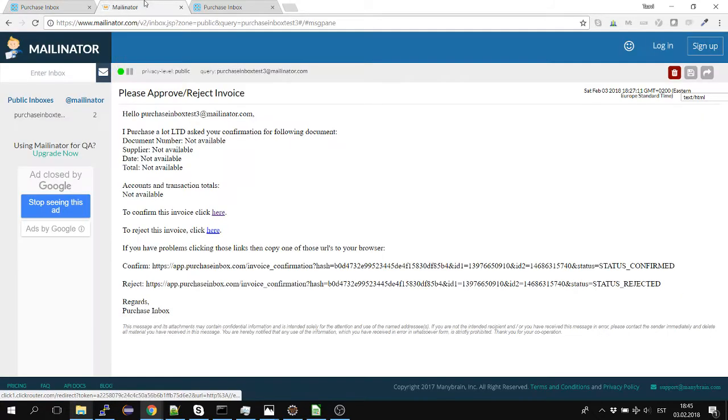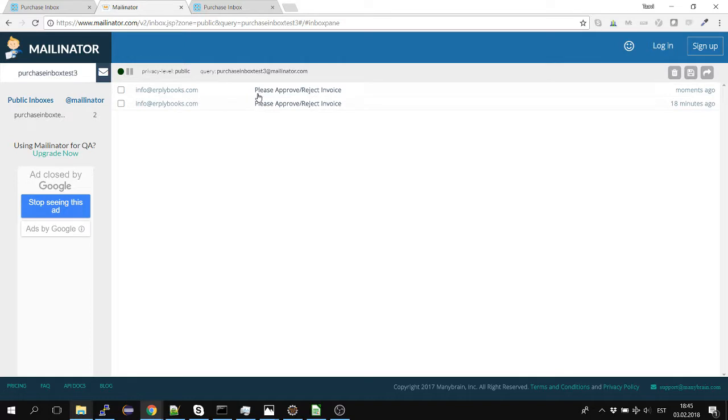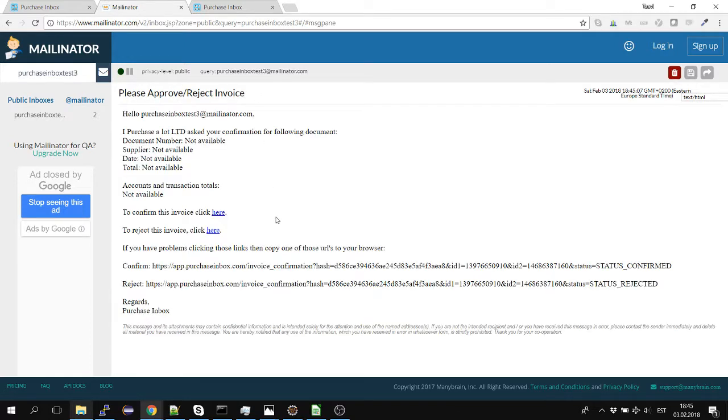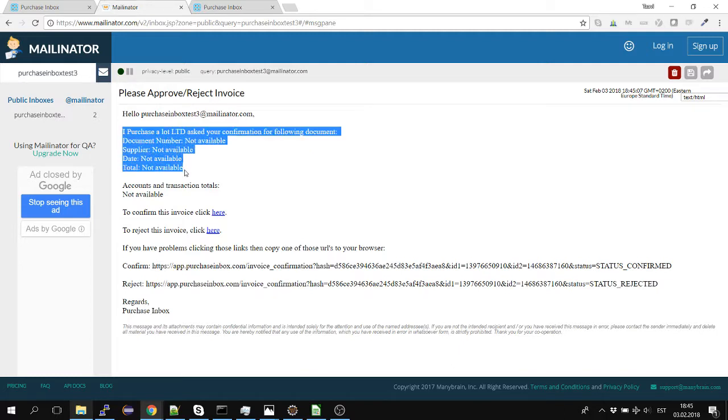Now let's go here. I've already made a test before, so that's not the one. And moments ago, this one. And this is how the email looks. I made a rule that automatically sends to the first line. And in the first line, we don't have any information about the invoice if you haven't added this automatic invoice creating rules. So everything here is not available because I haven't added the invoice, so I cannot see anything over